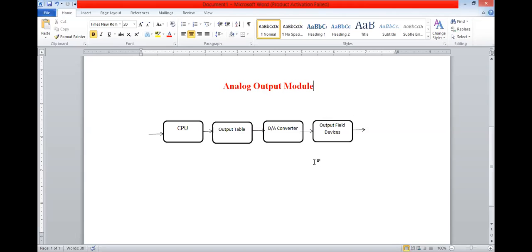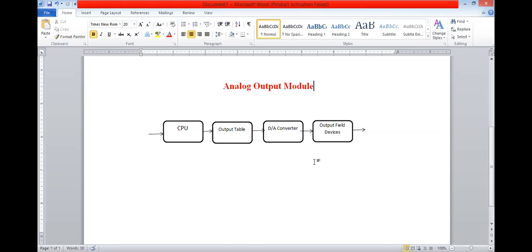Again, it can convert from 4 milliampere to 20 milliampere, etc. So depending upon the use, you can convert it into any value. Okay, so analog output modules are selected to send out either a varying current or varying voltage. Each value of current or voltage will represent a particular operation.